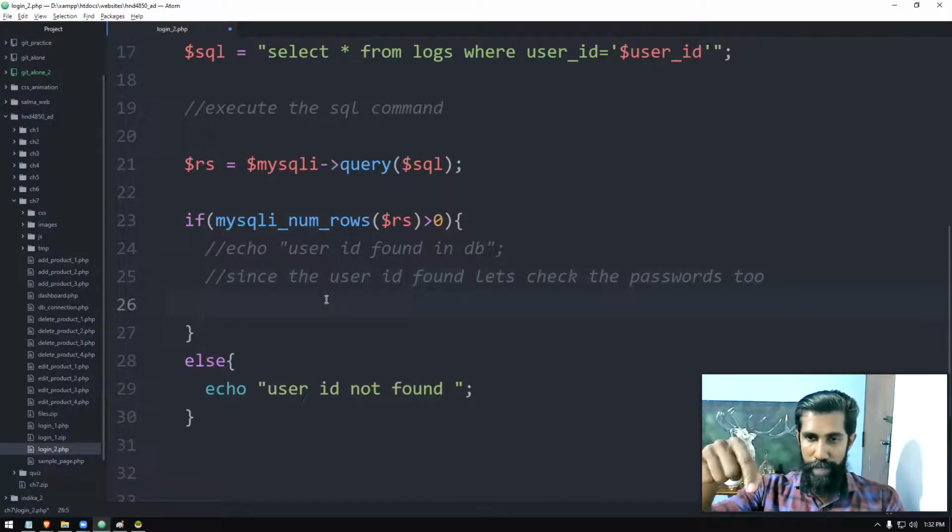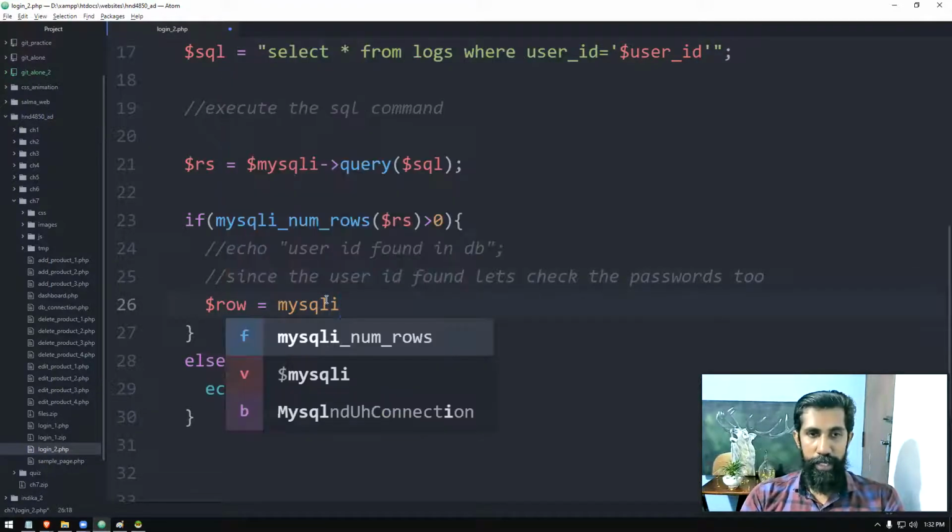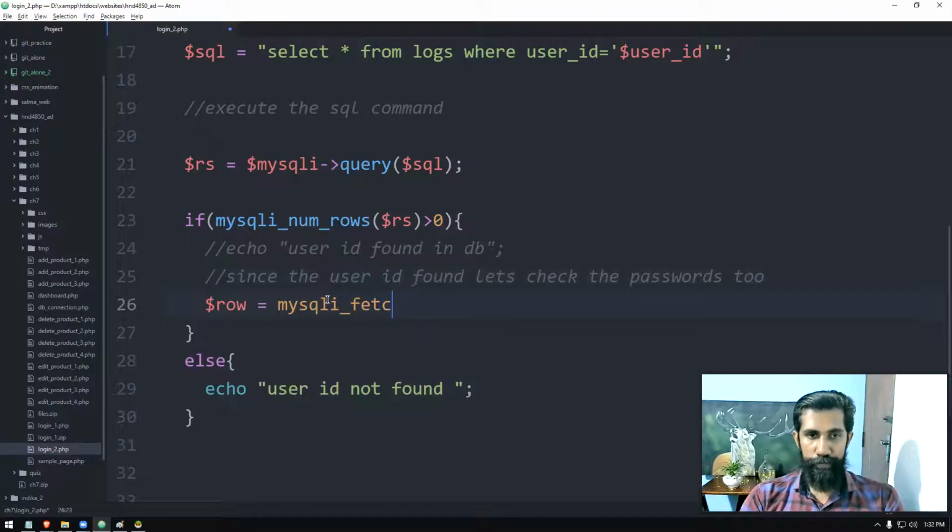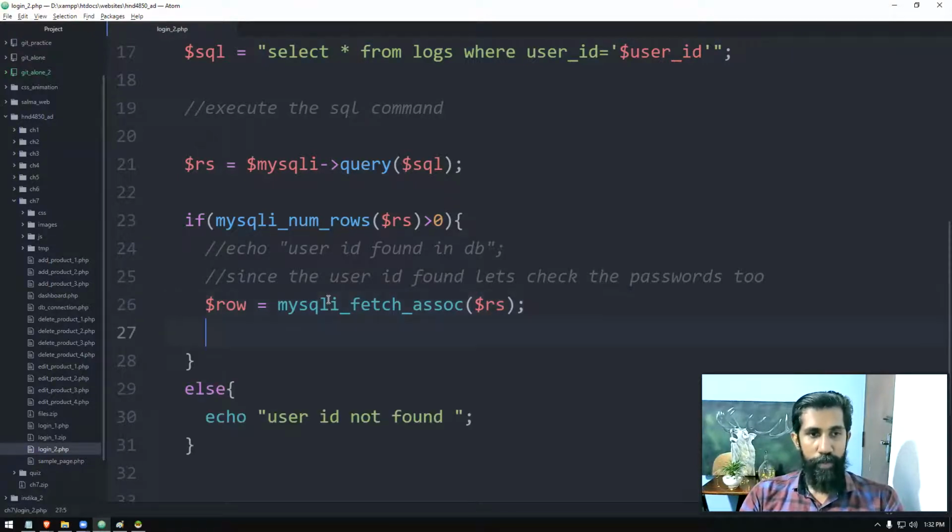If you want to access the record, first of all, you have to copy that to the array. So we know how to do that. Row is assigned to mysqli_fetch_assoc. If you don't understand this, watch my previous video, please. Then we're going to say dollar sign the resource, so from that it can take the record. Definitely one record will be there because usernames are unique. Only one email will be appearing only once. No worries about that. So now it is an indication in line number 26, username is found. Now we need to check the password.